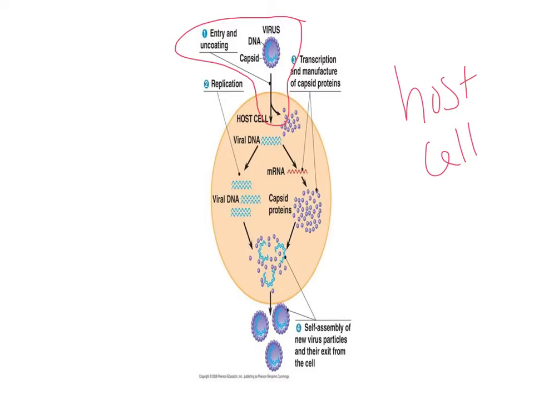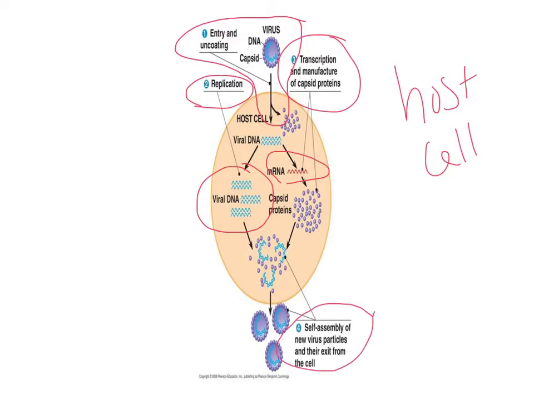So the first thing they'll need to do is inject their material into the host cell. That genetic material then can be replicated. Whether it's viral DNA that's copied or messenger RNA that's copied, the genetic material gets replicated, and it will need to also be transcribed into messenger RNA if it's in the form of DNA. If the virus contains DNA, then that viral DNA is going to have to be at some point transcribed into messenger RNA so that the proteins can be made for the capsid. So we've got the transcription and the manufacturing of the proteins that are going to form the capsid, and then those things will assemble back into